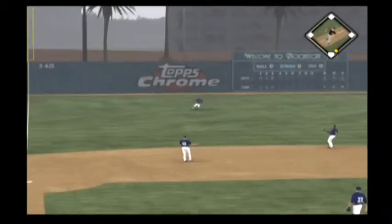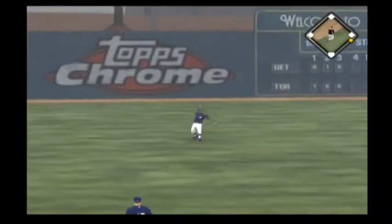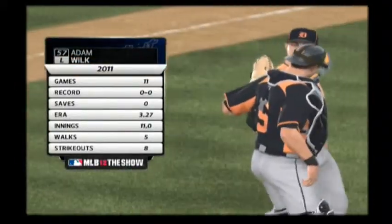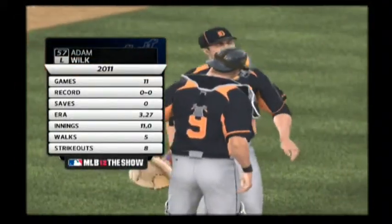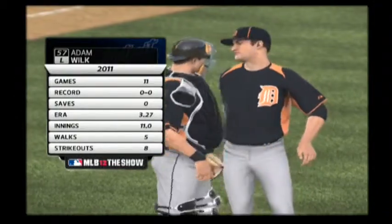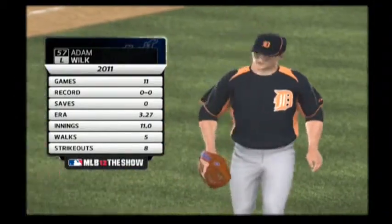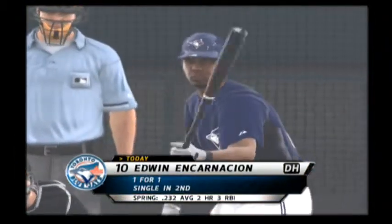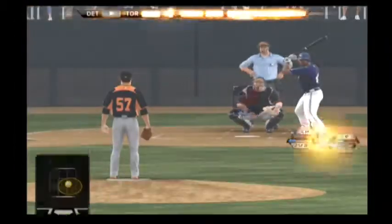This is hit sharply to the left side, and that'll get down for a base hit. So Adam Wilk will be the new pitcher. Number 57, Adam Wilk. Away. Edwin Encarnacion will dig in. He singled his